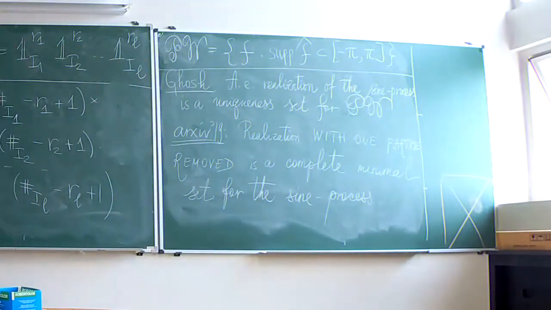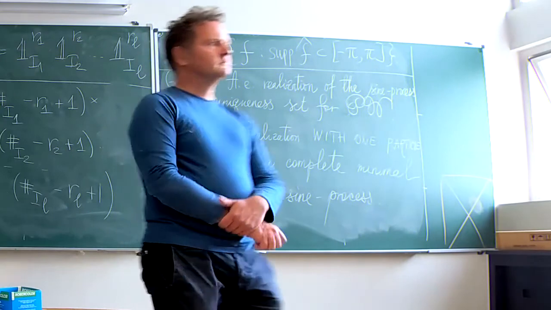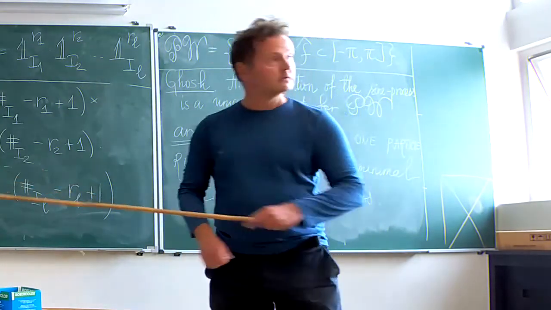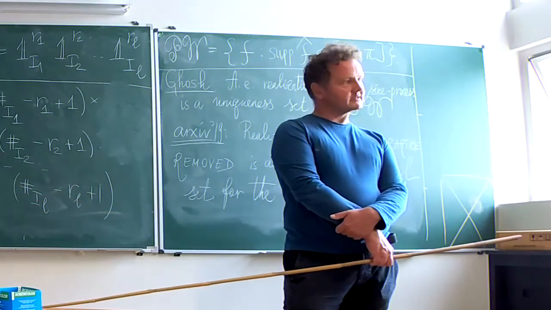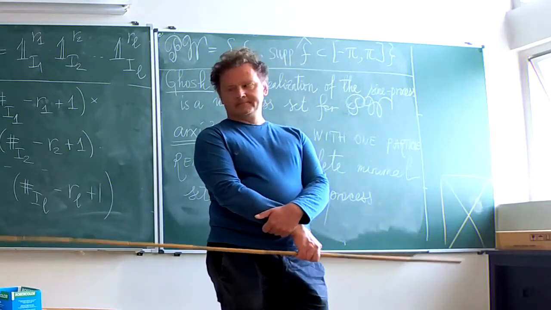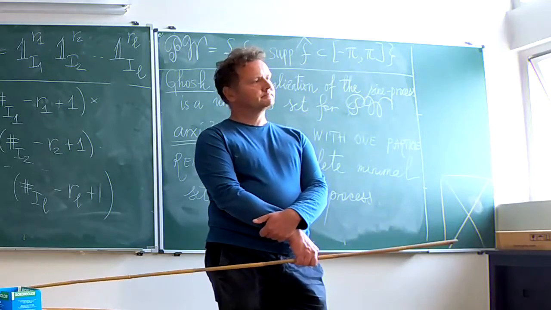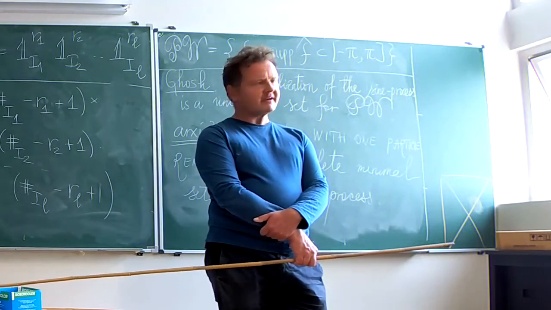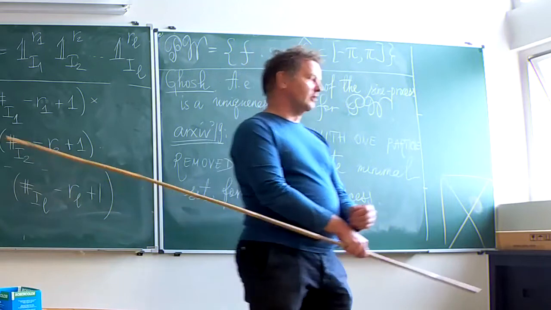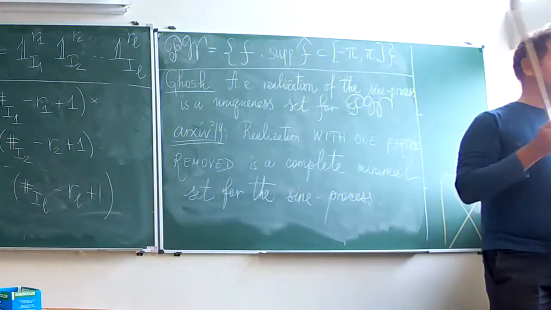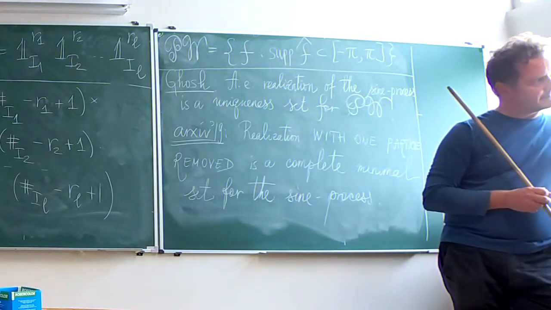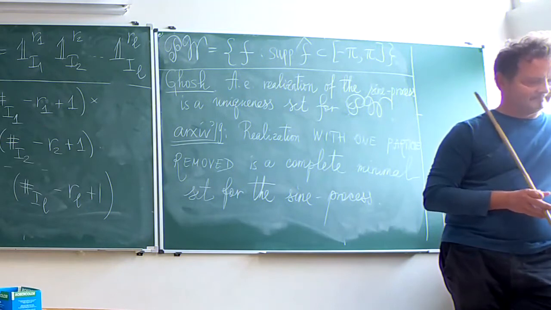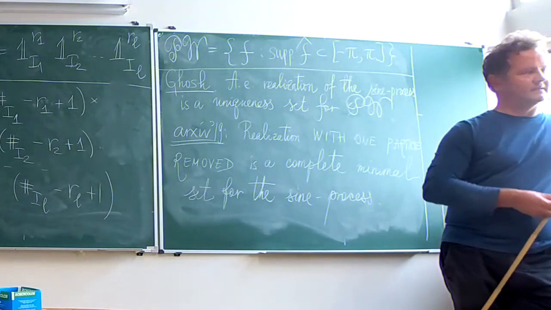First, I would need a clarification of what the process is for you. It's a measure. The process is a measure on the space of configurations. So you think of it as a random variable on the space. It's the distribution of a random configuration. And by realization, this is this random configuration.